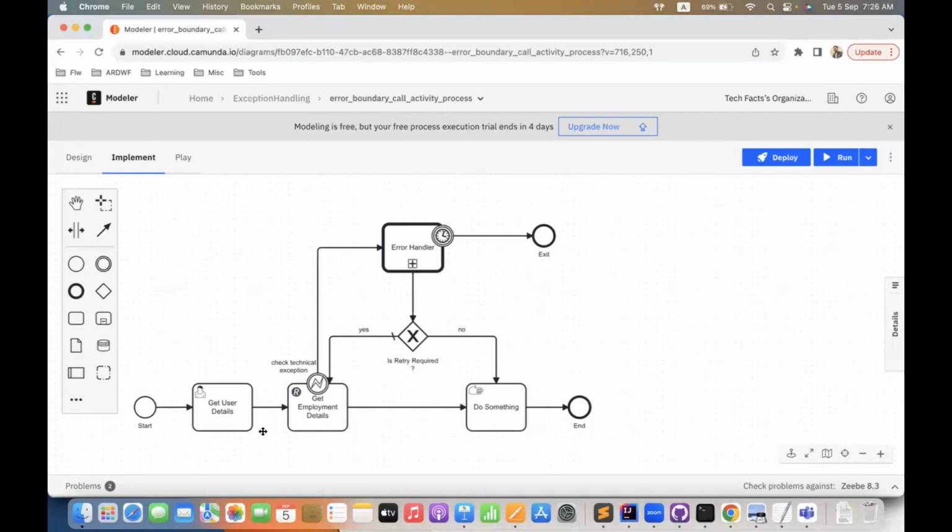But even the rectangle-like shapes differ from each other. In the get user details there is a different icon, a human icon. In another one we have some other icon. And there is no icon, but the boundary is thick. So that's where we have different types of